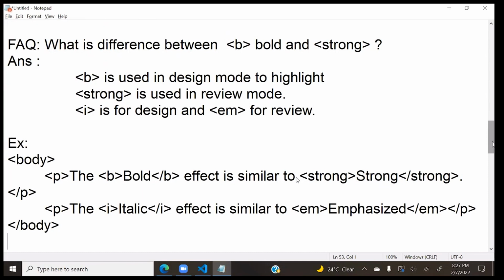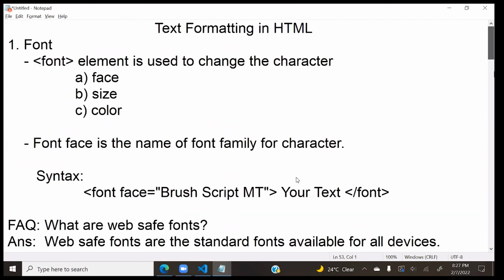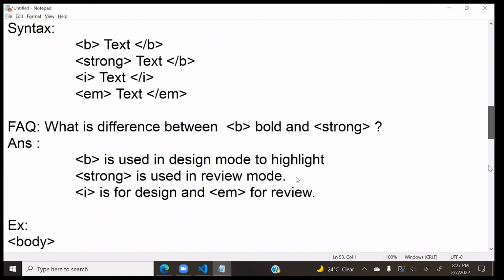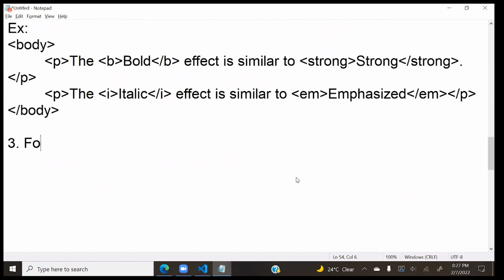Next, important. So you learned two options. One is font, another one is font style. Next, important, we have a third, font effects. Font effects is nothing but, technically, font effects. We have options like U for underline, underline, and you just saw in review